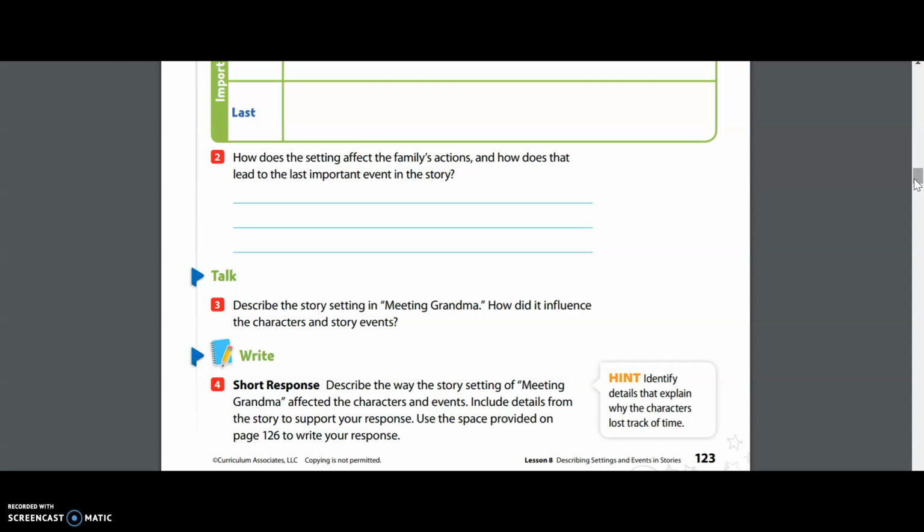The very last thing that you're going to do today is number 4. It's a short response. Describe the way the story setting of Meeting Grandma affected the characters and events. Include details from the story to support